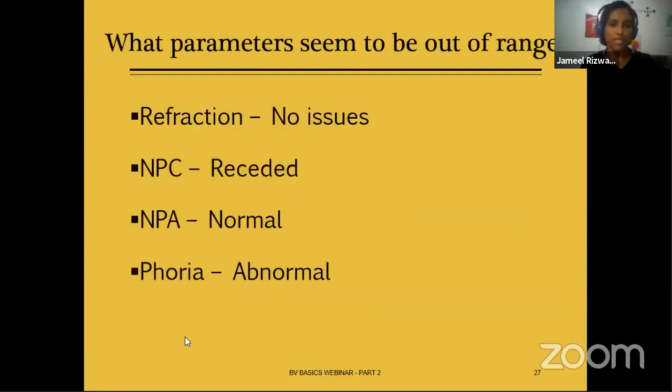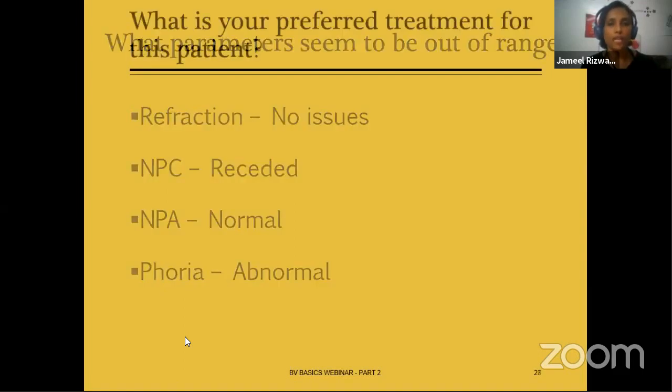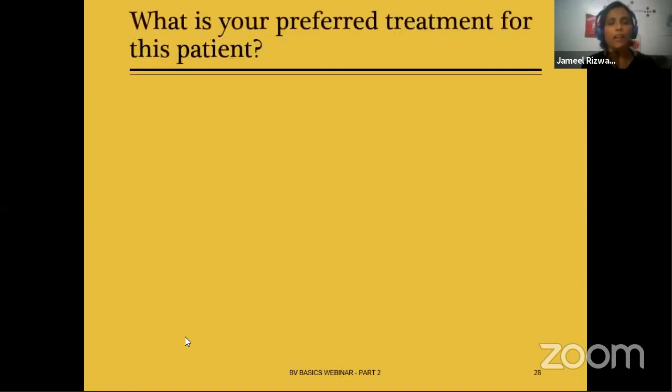And so NPC receded again, the same. I use the same sequential approach, the framework, so that it gets into your mind. So next time when you see a patient, you will keep thinking along this line. And so NPC and phoria are abnormal in this particular case. And so now that we know this is a patient with convergence insufficiency,